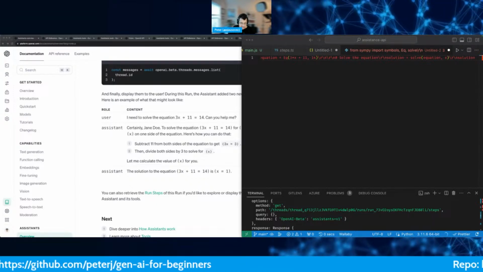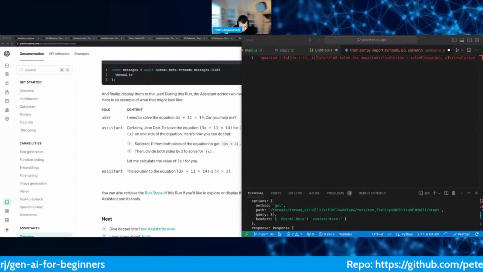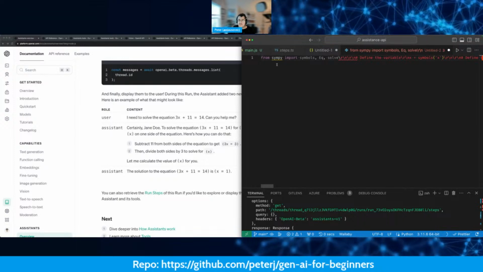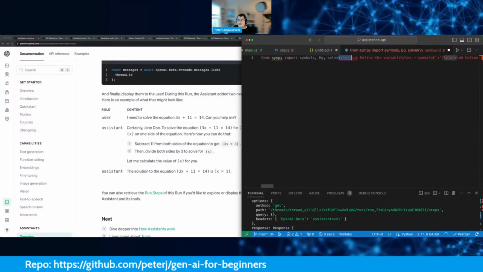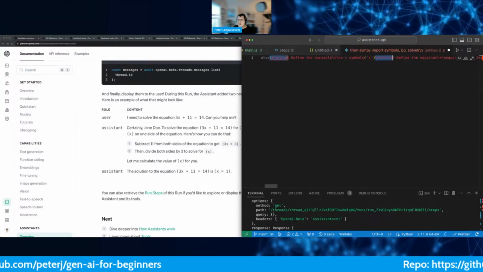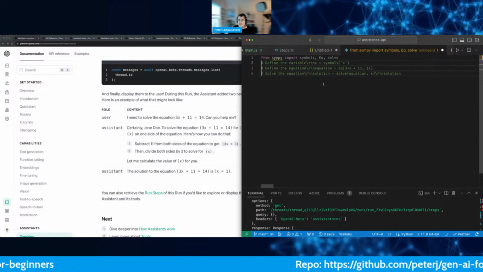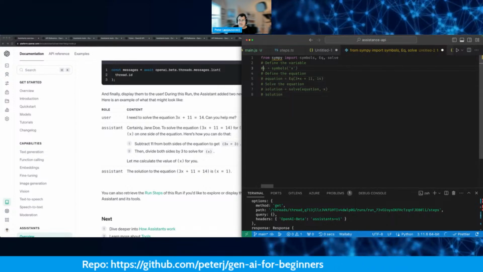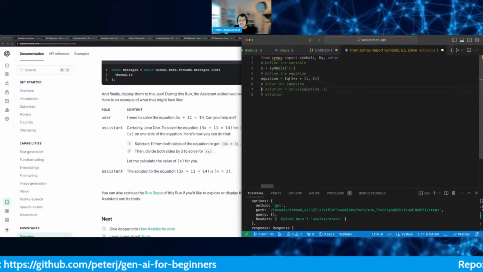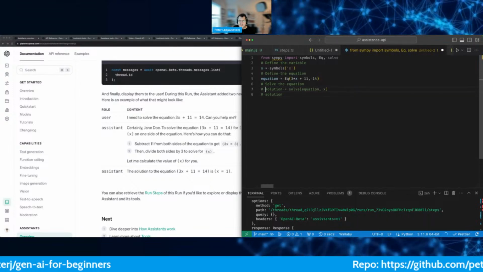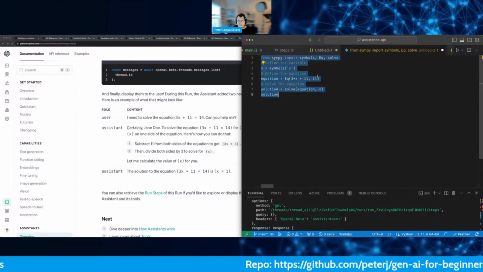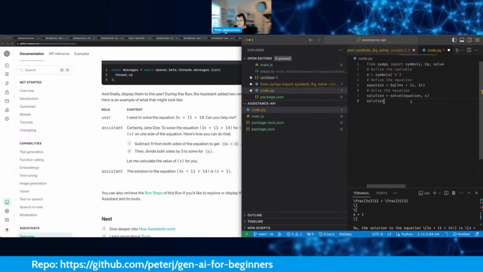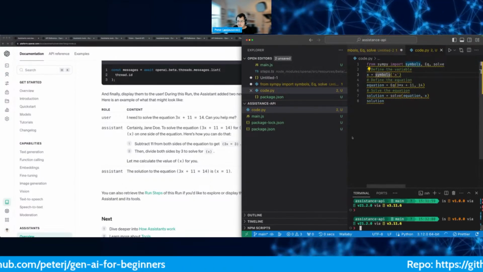Backslash n backslash r in VS Code. Oh, there's a regular expression, but we can do it this way. Let's see. Okay, oh, perfect. All right, so this is the code, and then it outputs the solution. So if I save this, this might be going into too many details here, but